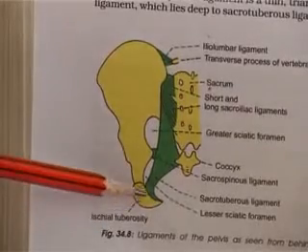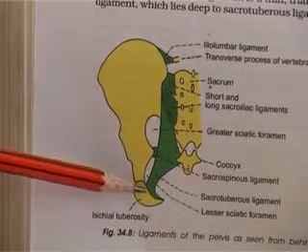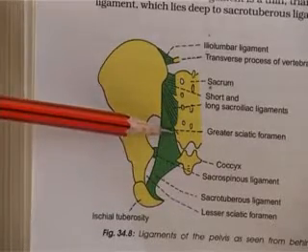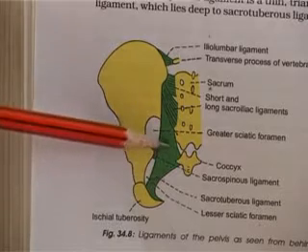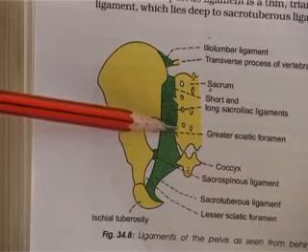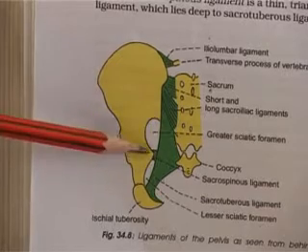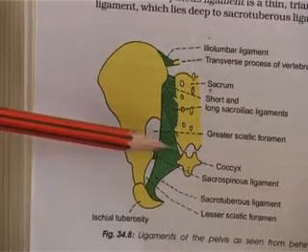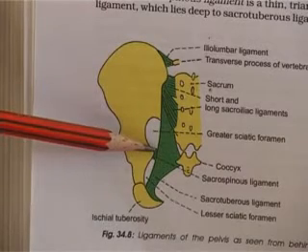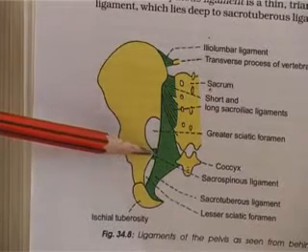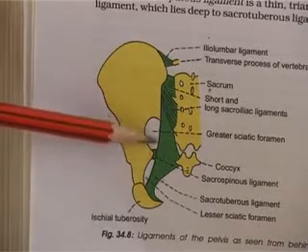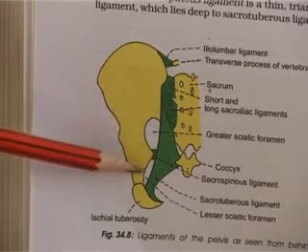Arising from the ischial tuberosity is a strong ligament, the sacrotuberous ligament. It passes up to the posterior superior iliac spine, posterior inferior iliac spine, and to the back of the sacrum. Extending between the ischial spine and the lower part of the sacrum is a horizontally placed ligament, the sacrospinous ligament. These two ligaments convert the greater sciatic notch and the lesser sciatic notch into greater sciatic foramen and the lesser sciatic foramen.